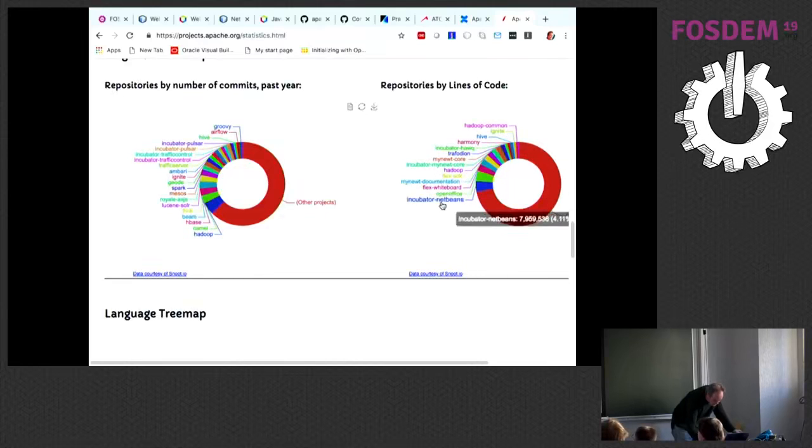So you can see NetBeans right now, 7.9, let's say 8 million lines of code. Next is OpenOffice, you can see Flex. So it's really the largest project, and we have about 3 million lines of code coming. We are still in the auditing process of some parts of NetBeans. We decided at some point we won't wait for everything to be audited. We're going to do it in batches.